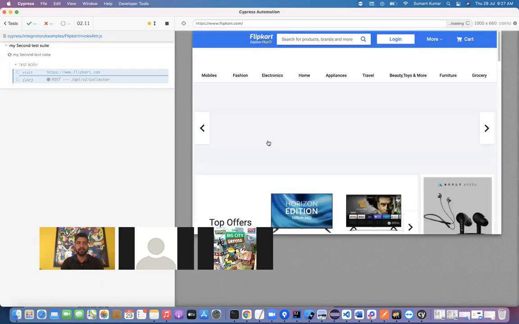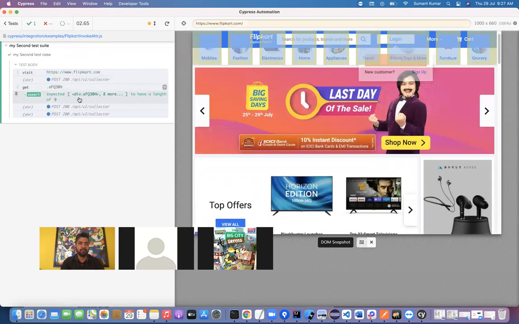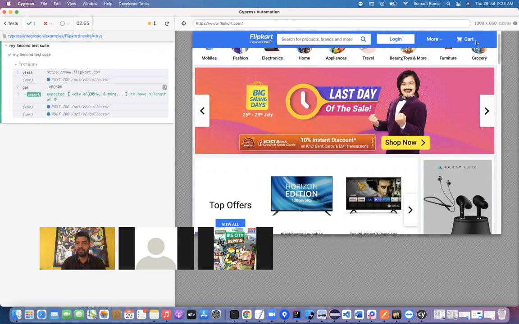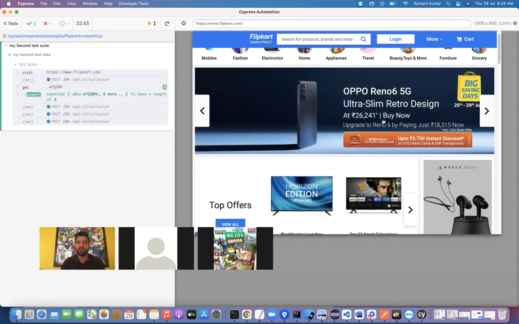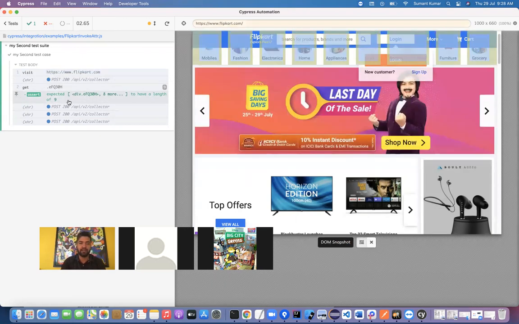This time this test case will get passed. You can see my expectation was also 9, and here also we get 9 elements in the page. So that time it passed. Sometimes what happens is 9 elements will be present here, and one element will be somewhere invisible that we can't see. So we'll think, okay, we have only 9 elements, so here it should come 9 only, right? That time our test case will fail. And here you can see exactly, I was expecting 9 elements, but one element is invisible somewhere.